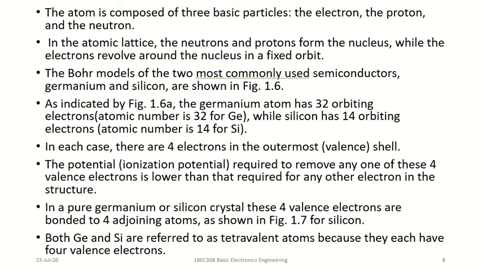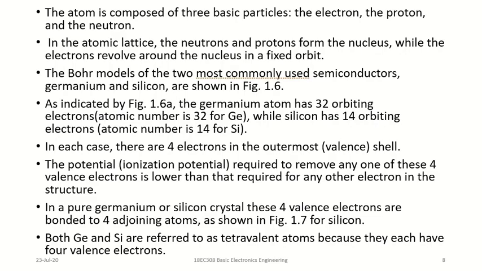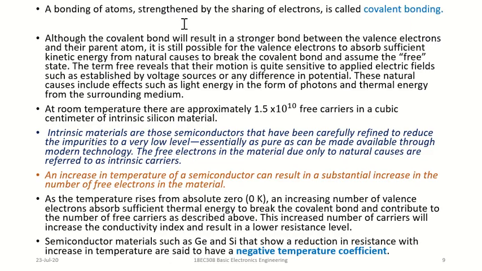Okay, why are they called tetravalent? Tetravalent, I can write it here somewhere. Because the outermost shell will have, tetra means 4. Tetra means 4. The outermost shell will have 4 electrons. So they are called tetravalent atoms. Okay, right. Now we'll see other things.